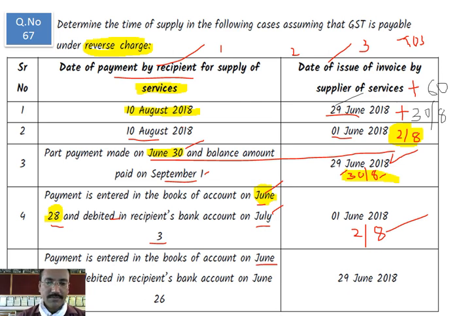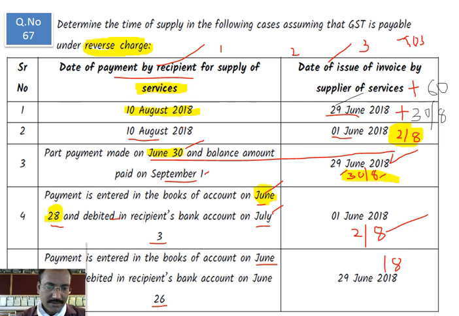June 30, and debit in the bank account is 26th June, and for this you have to add 60 days, not 30 days. It comes 30th August. Add in the third column. It comes 30th August. So we'll change this part. So it was 30th August.